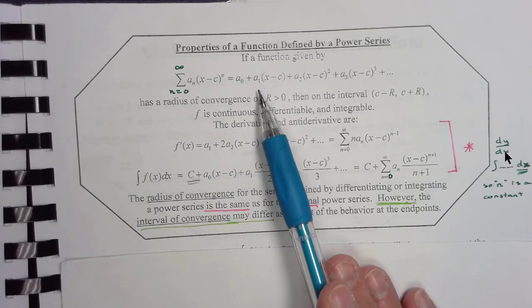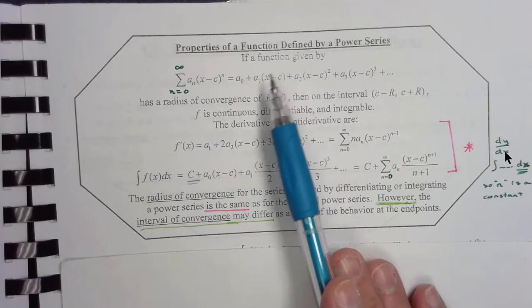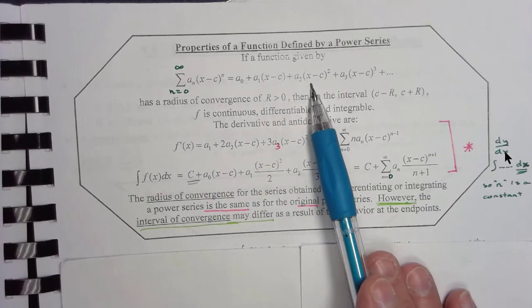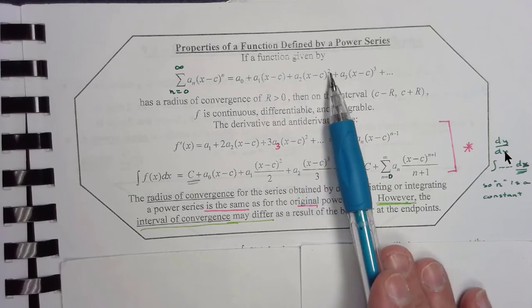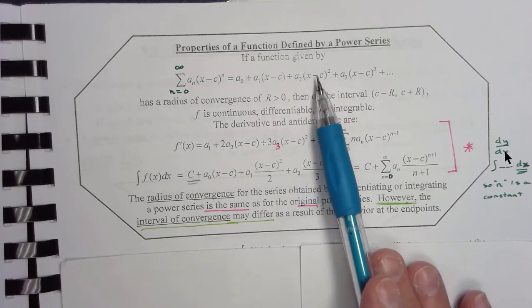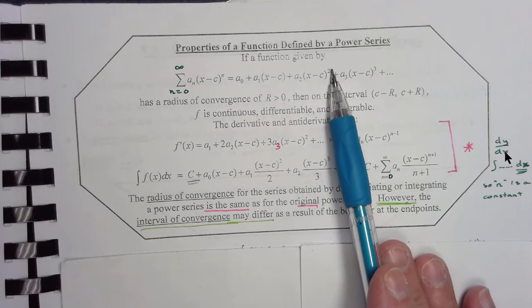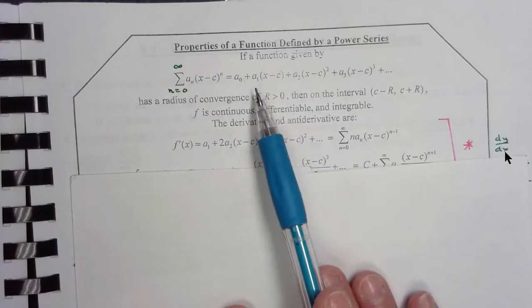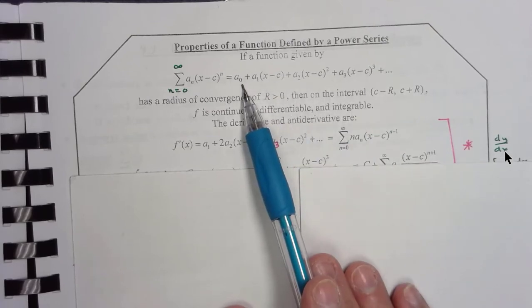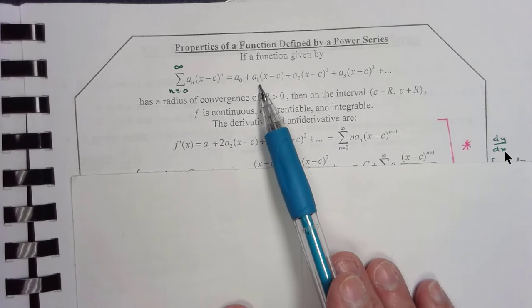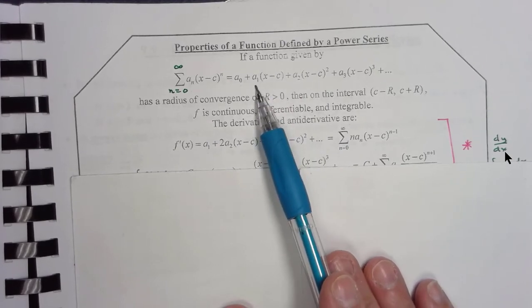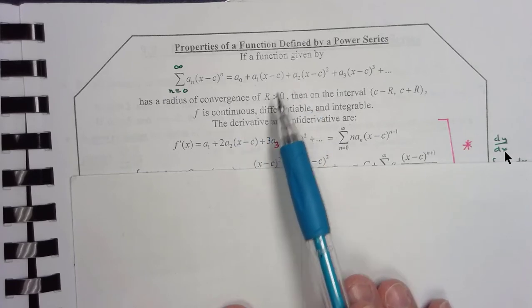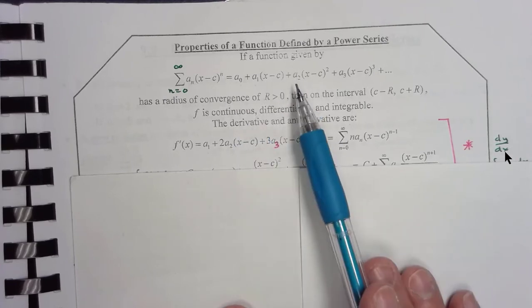The derivative of this term, this is raised to the first power, it's a1 times the derivative of x minus c, which is just going to be a1. What about this one? It is a2, that is a coefficient, times 2, and the derivative of x minus c to the 1 now, excuse me. So let's take the derivative of every term here. The derivative of the constant is 0, so that's gone. The derivative of a1 times x minus c is a1. Remember, this is just a coefficient, times 1, x minus c to the 0, so it just leaves a1,